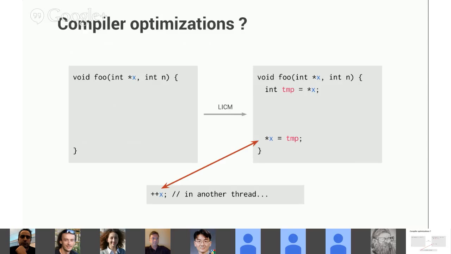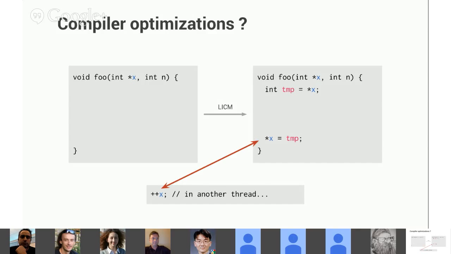Yes, it is just a pointer. Plus star x, you're modifying. Oh, yes. Indeed. Sorry. So yes, we may have another thread which modifies the memory pointed to by x, and so it is undefined. And actually, in this case, it is even unsound because we may overwrite the new value of x,